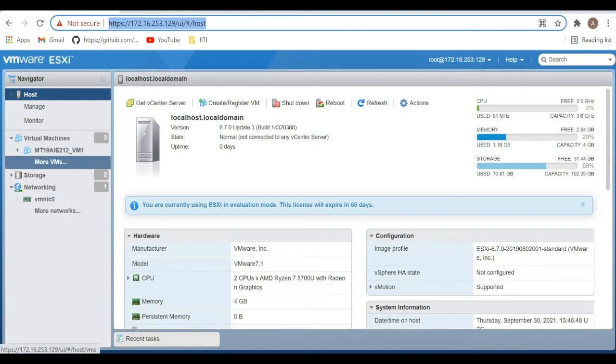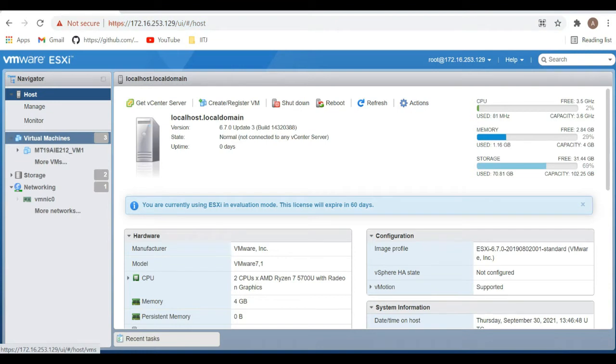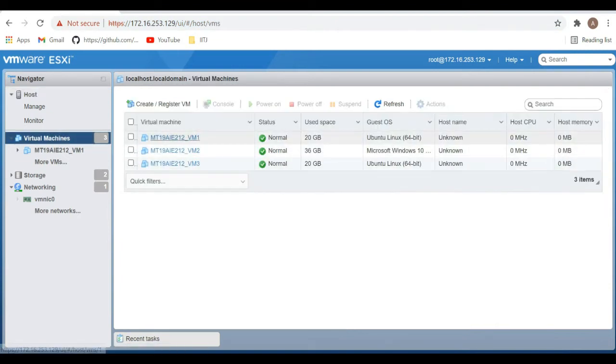Here I have created three VMs for my purpose, that is VM1, VM2, and VM3, and this is the allocated space for all the VMs. VM1 is 20, VM2 is 36, and VM3 is 20. VM2 is operating the Windows 10 operating system, and VM1 and VM3 are using Ubuntu Linux 64-bit operating systems.